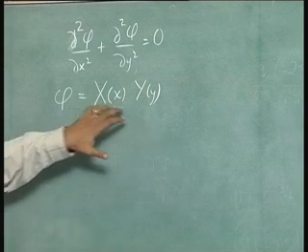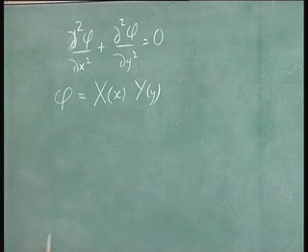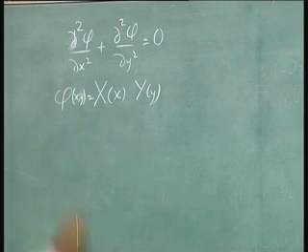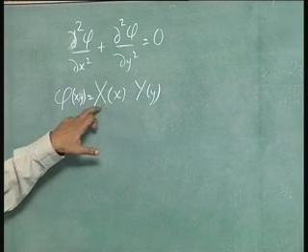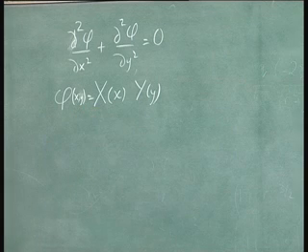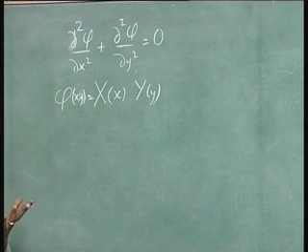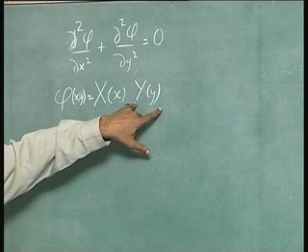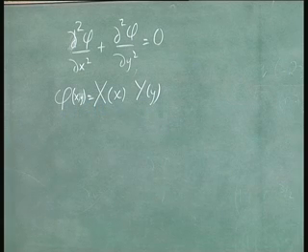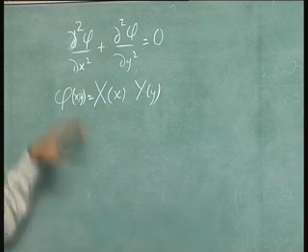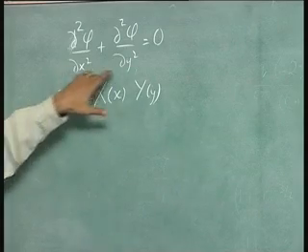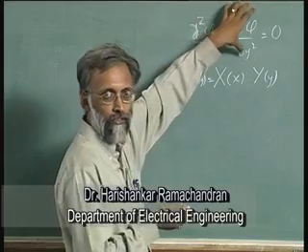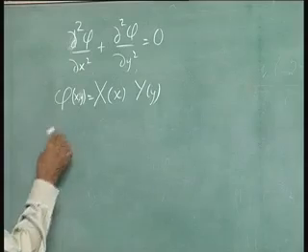So, these are two unknown functions, but the important thing about these functions is phi itself is a function of both x and y, but I am going to guess that it is a product of two functions. It is a product of a function that is only depending on x and a function that only depends on y. Why do I assume this? I assume this because looking at this, I can see that there are two different behaviors that seem to be present. So, if I were to sketch this